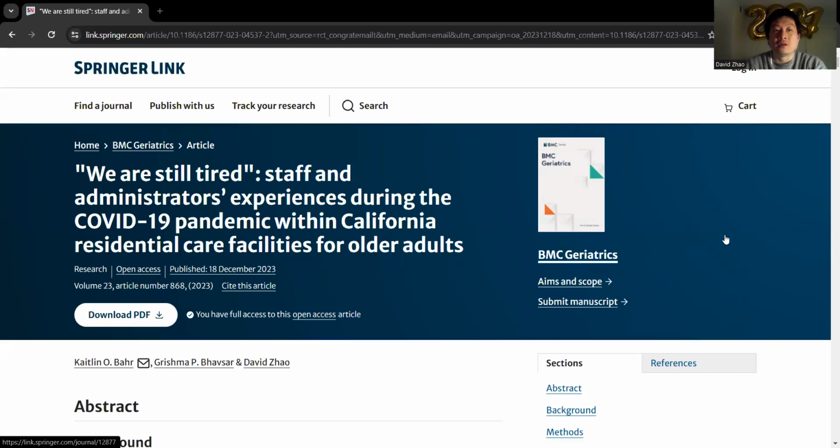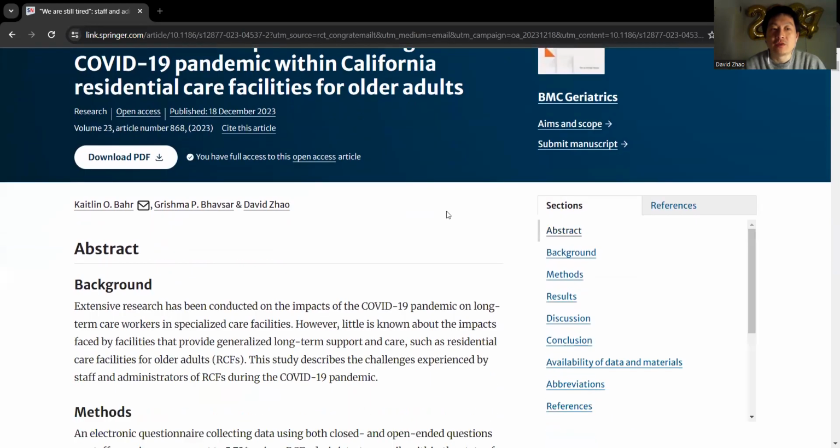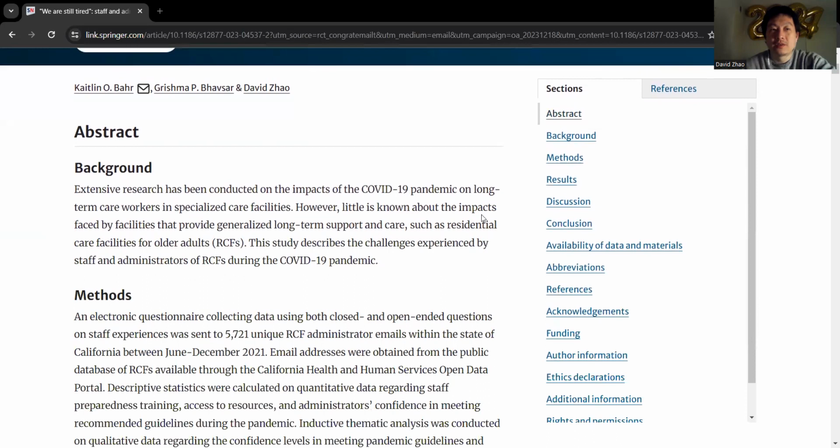So this article follows through with the previous video, qualitative research, inductive thematic analysis, the various other scholar articles I found, and information I discussed was also regarding the staff and administrators' experiences during the COVID-19 pandemic. So it continues here. It starts by